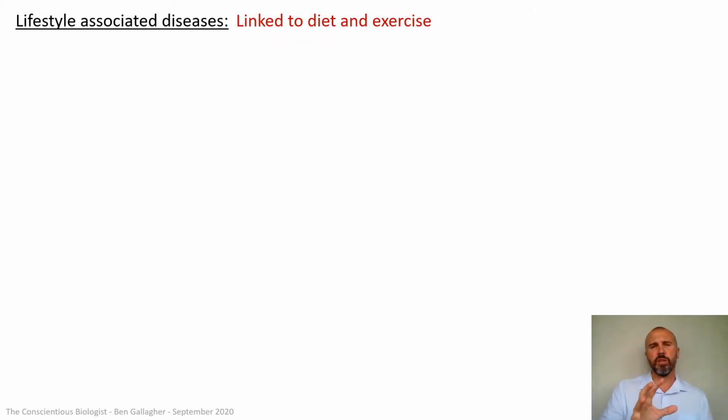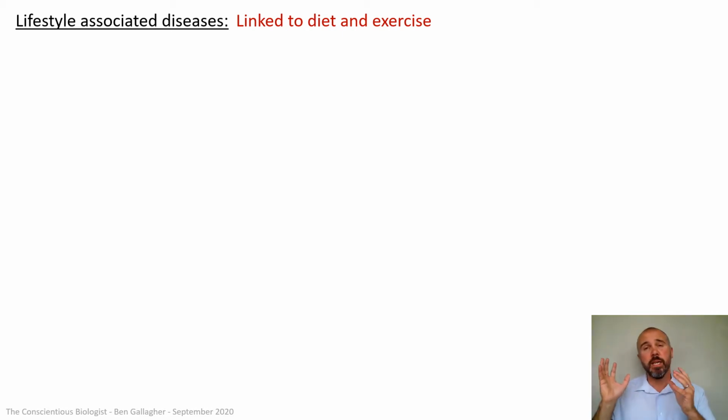Okay, another big dumping of information on this slide. Remember, I did say this presentation is just lots of information coming at you. So do take screenshots at the end of each slide, print them all out, and it's just stuff to learn. There's not a lot I need to explain. But let's look at the first kind of risk factor in lifestyle associated diseases, which is diet and exercise.